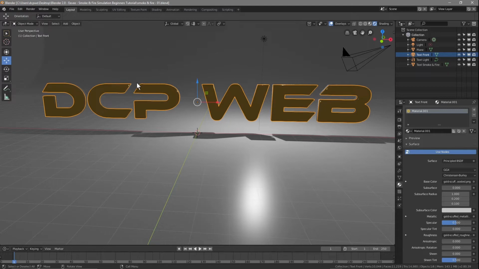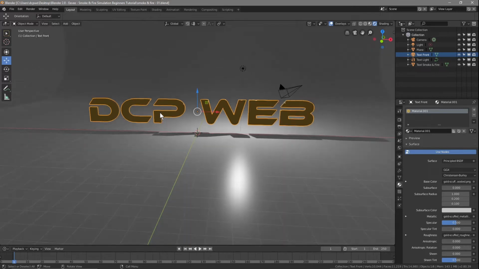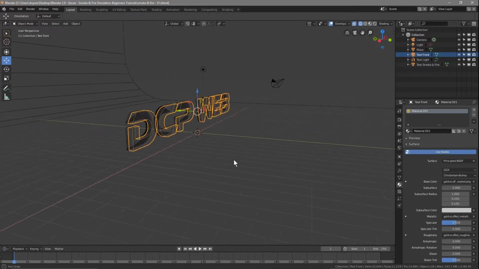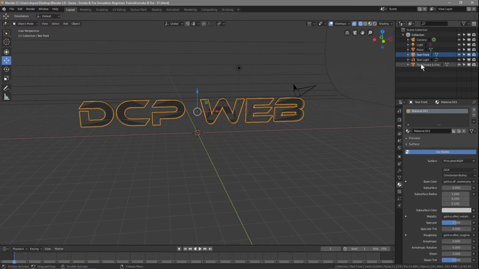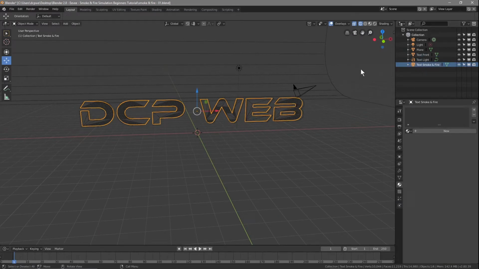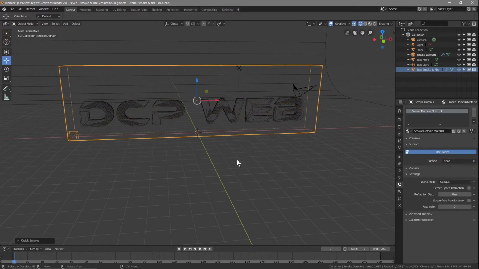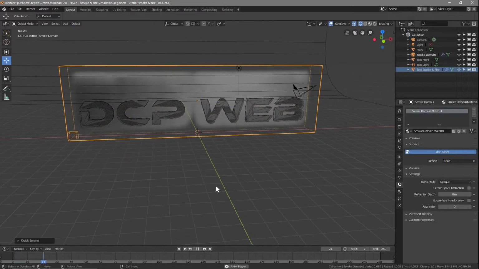Now we want to create the smoke, right? And normally I do this in wireframe. So if we click on wireframe, we'll just see this basic wireframe. And we want to go to this text smoke here. So click on that, and that's going to be the object sitting in the back, right? And we want to go to object, quick effects, and we want to do quick smoke here. And when we click the play button, we'll see the smoke coming out now,